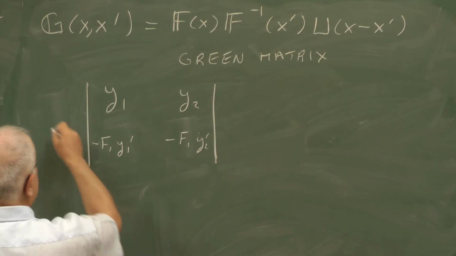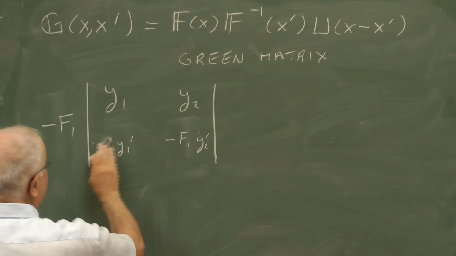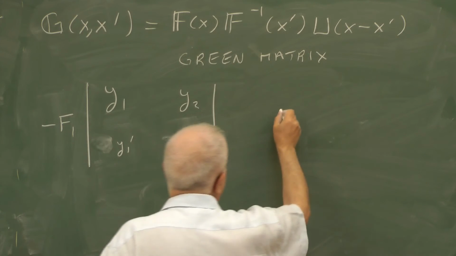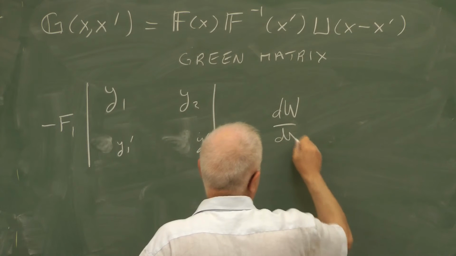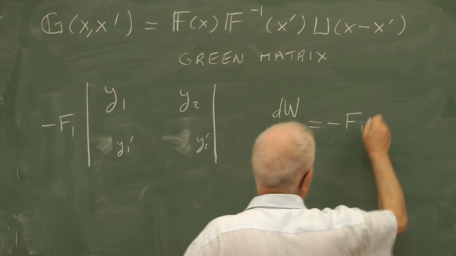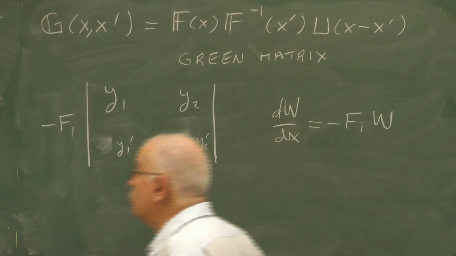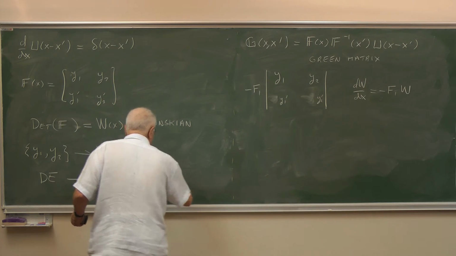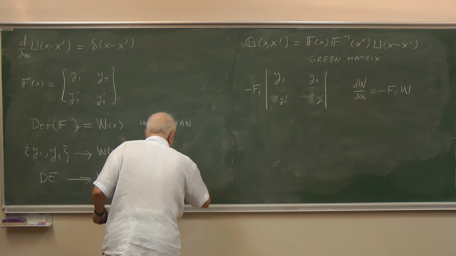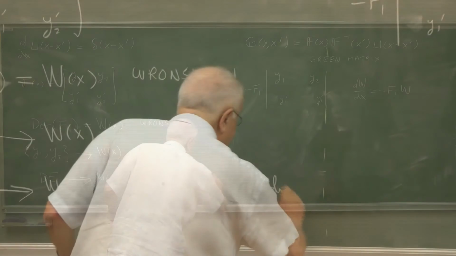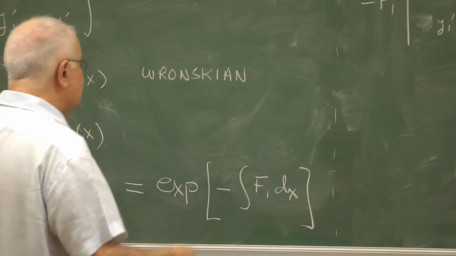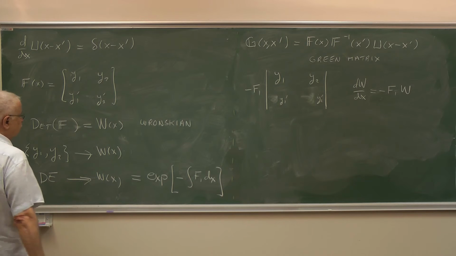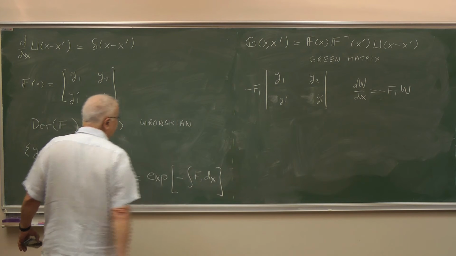Now minus f1 I can take outside. So dW dx equals minus f1 times W, or Wronskian equals exponential minus integral f1 dx. So it is possible to just look at the differential equation, do this very simple procedure